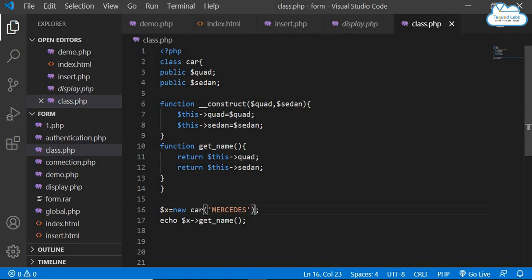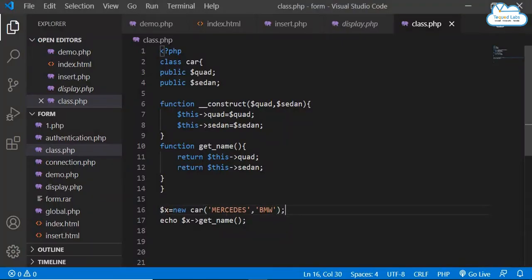Now here what you can do, you can add one more, that is the second object argument. You can add BMW here, right? So BMW maybe, yes. Now go back, refresh. Okay, let me check what happened. Mercedes, new car. Now we'll have to echo get name. Get name is done for